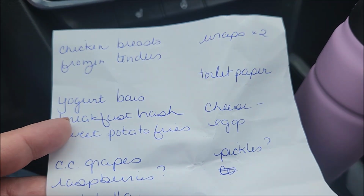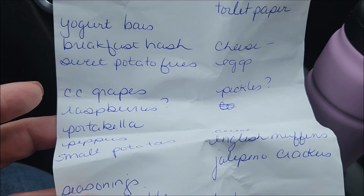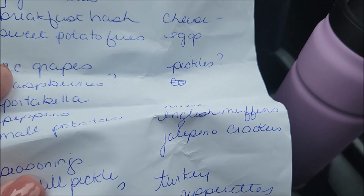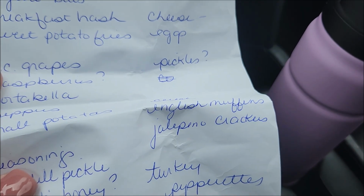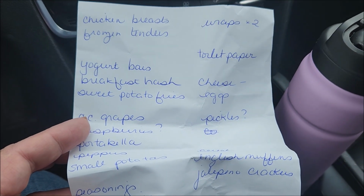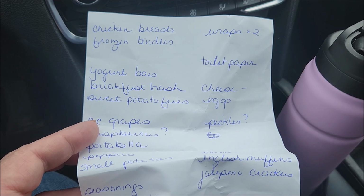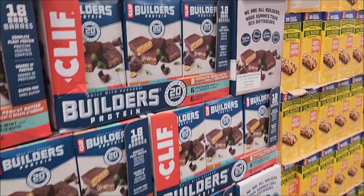I ended up having to go to the city, so I quickly threw together kind of an organized shopping list for Costco. Costco is just one of those stores that I really like to get a lot of items at, and I just thought it would be a really great time to share it with you because I'm getting a lot of staples. So we're going to start off with protein, and when I really started making changes, protein bars